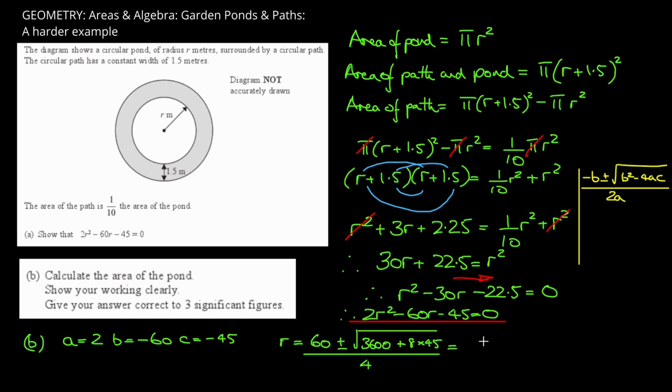So this is equal to, now using a calculator, 60 plus or minus 62.928, and that is divided by 4. Now, 60 minus 62 will give you a negative answer, and clearly from this positive diagram, r cannot be negative. So the only solution is the 60 plus 62. So we get, therefore, r is equal to, again, in a calculator,